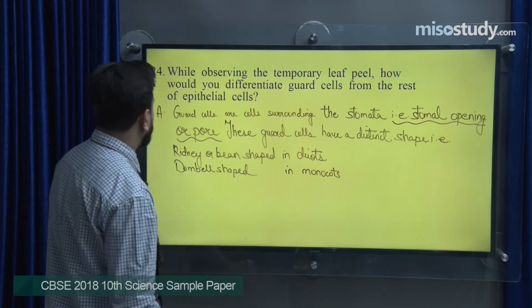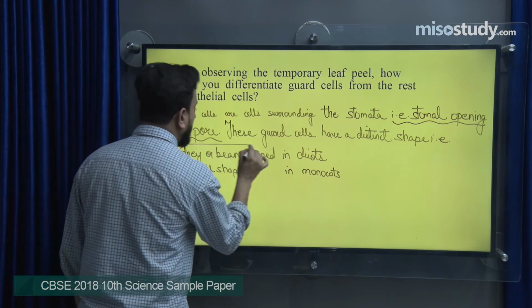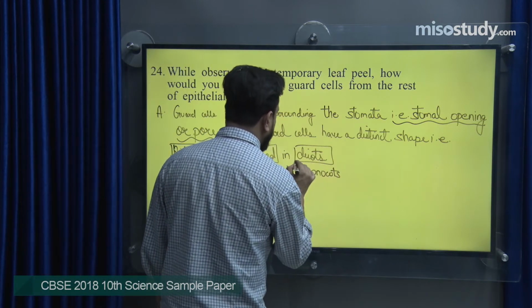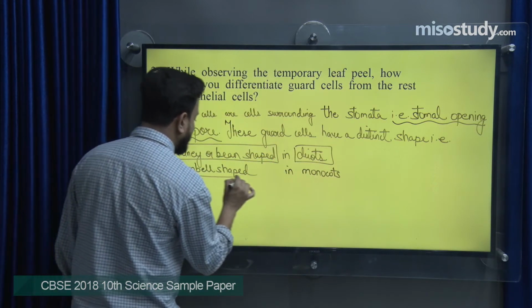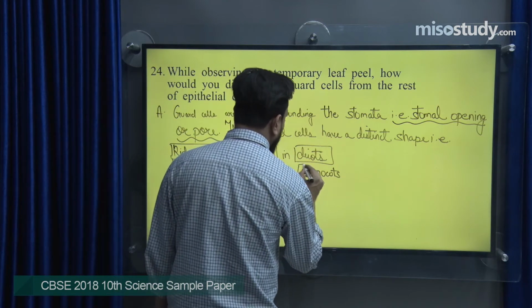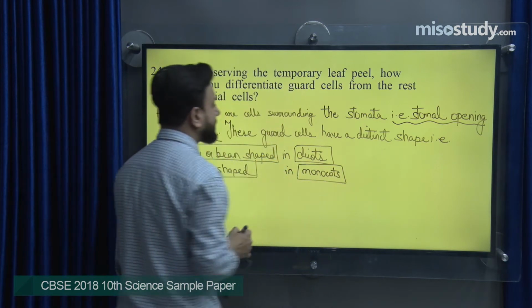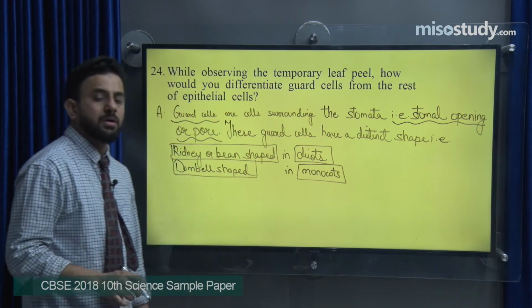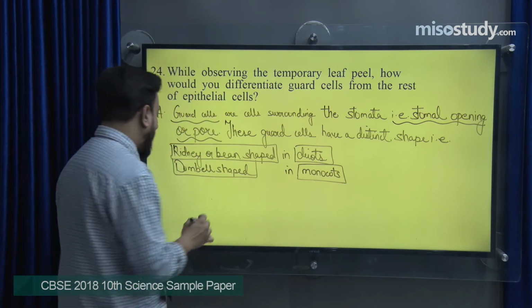So these are kidney or bean shaped, right? These are kidney or bean shaped in dicots, and these are dumbbell shaped in what? In the monocots, that is these guard cells. Also the guard cells,